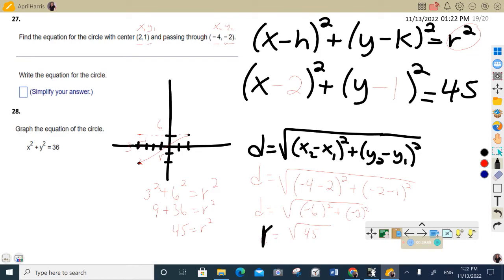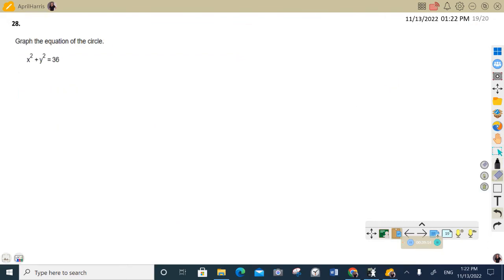That's the radius, but we wanted the radius squared. So if you square both sides, you get r squared equals 45. Okay, 28, they want you to graph the circle. This one's really nice because nothing is inside with x or y. Remember this